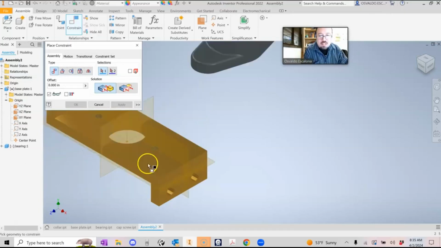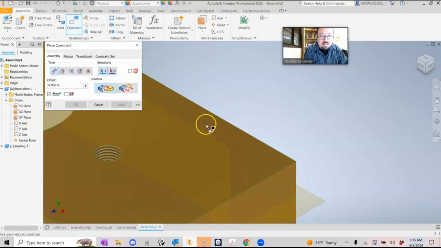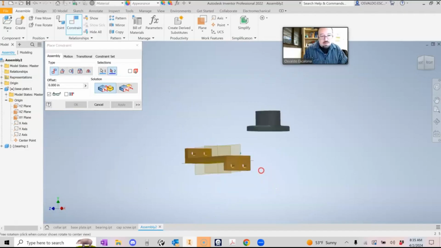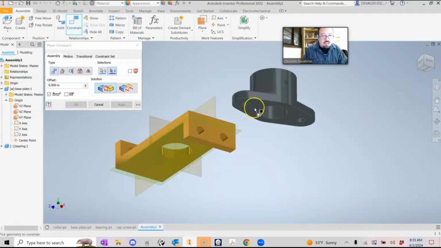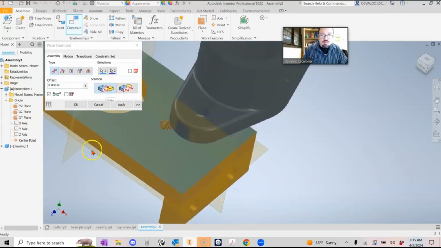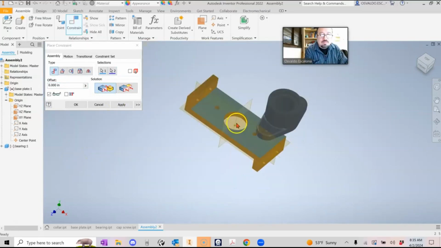So, for example, in my case, I have this face. And you guys will see an arrow. I don't know if you guys can see this little arrow. It is looking for another face. So, I'm going to use shift middle mouse button to rotate and choose the other face. And you guys will notice that it has an arrow. I don't know if you guys saw it, but it put the two arrows kind of bypassing each other. And I say apply